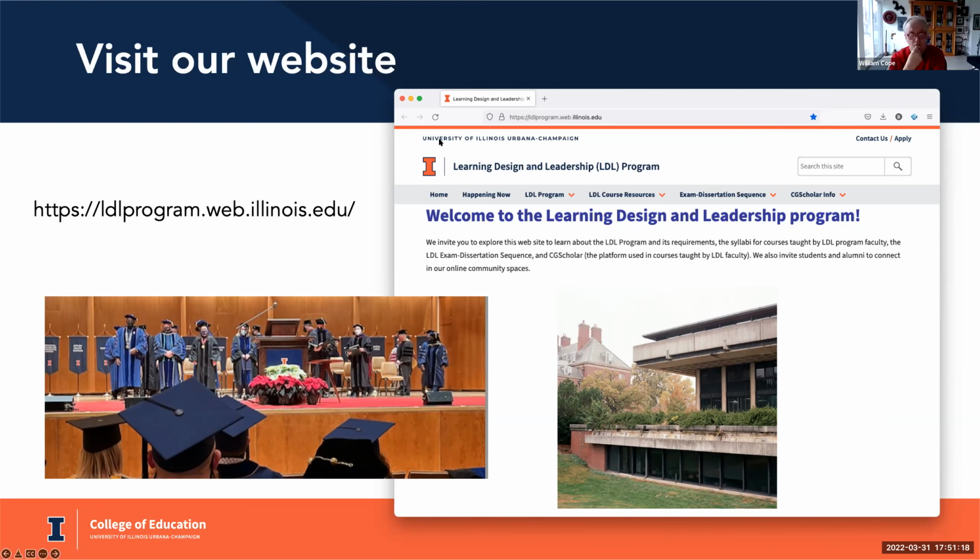The EdM and the certificate are just simply different amounts of work. The certificate is just 3 courses, the EdM is 8 courses. You can start with one and move over to the other. Yes, that's the MasterTrack program. That's a 2-course program offered in conjunction with Coursera. And that's another pathway too, by the way.